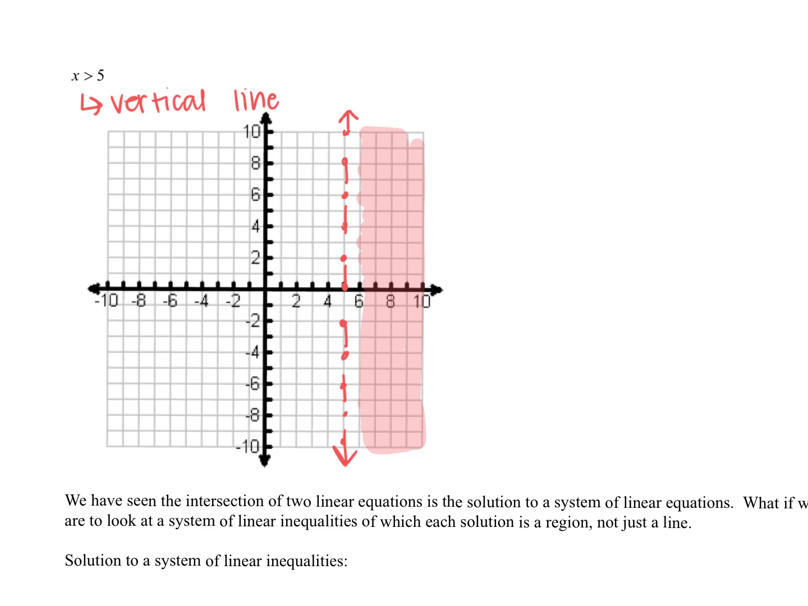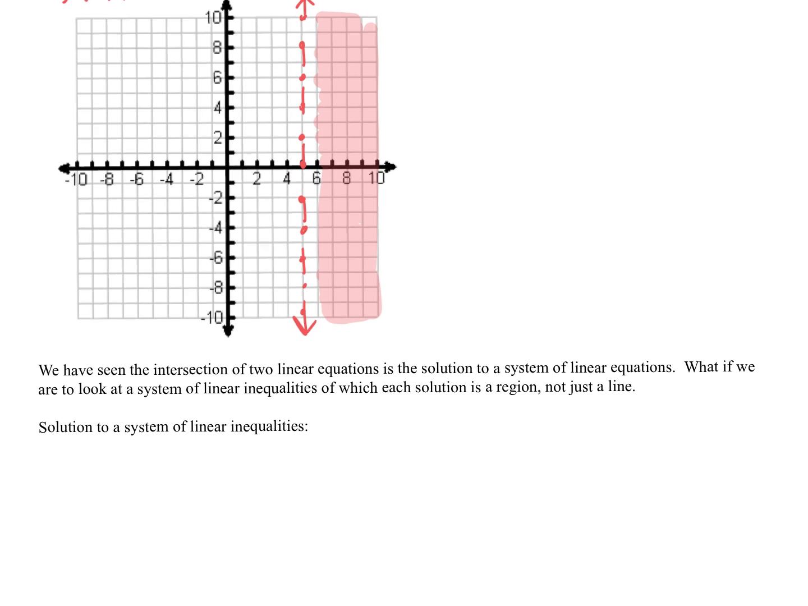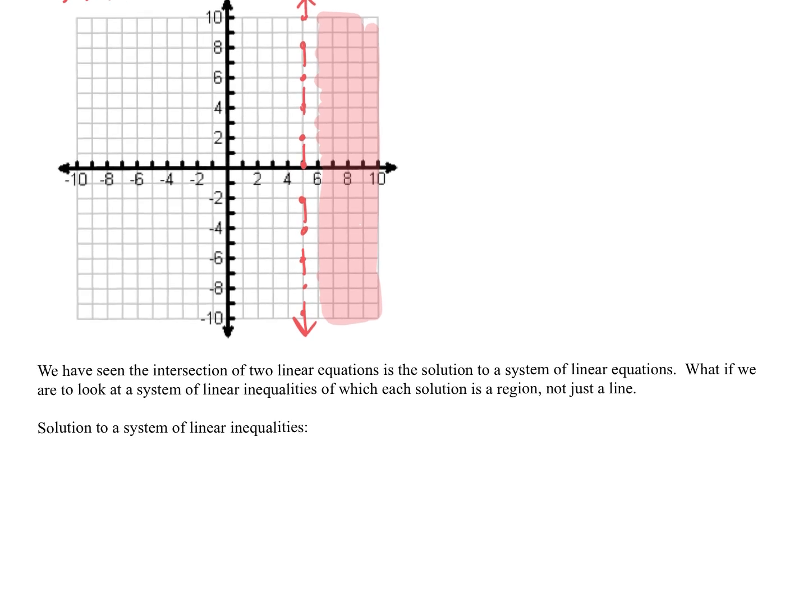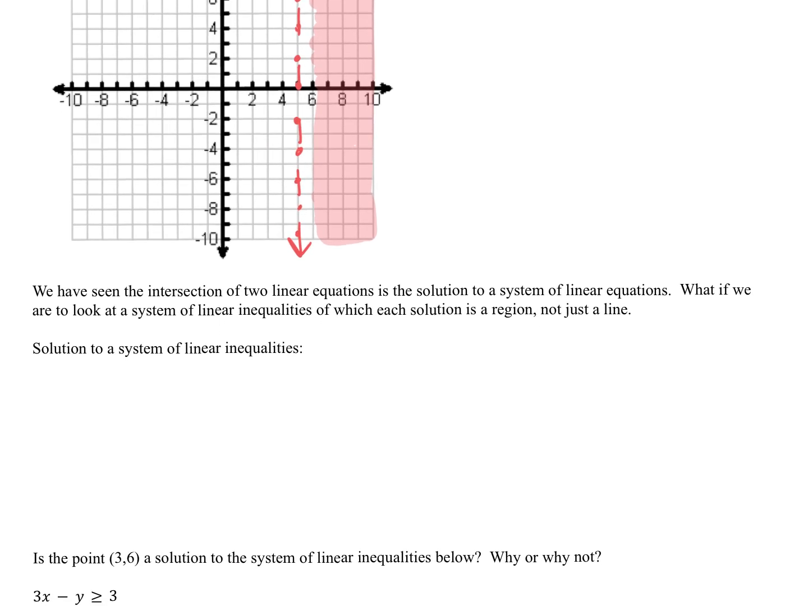So now we're going to talk about a system of inequalities. I had mentioned this before: when we had a system of equations, the solution was just where they intersected. But if we look at a system of inequalities, the solution is a region, not just a point where they intersect. So the solution to a system of linear inequalities is the region